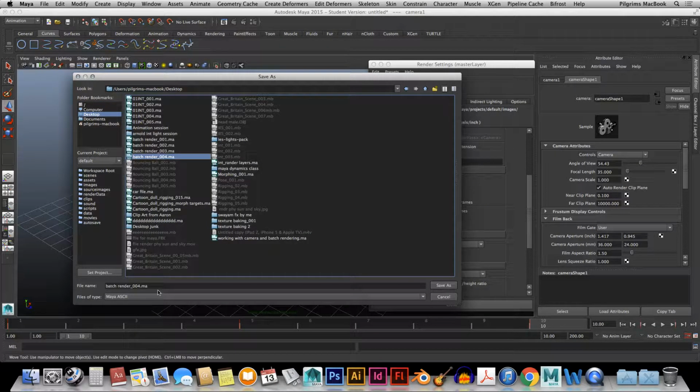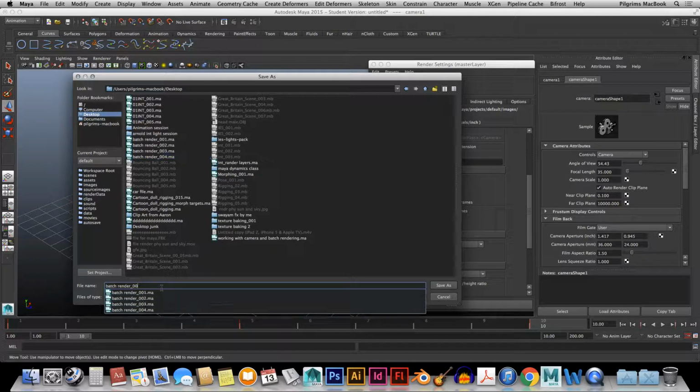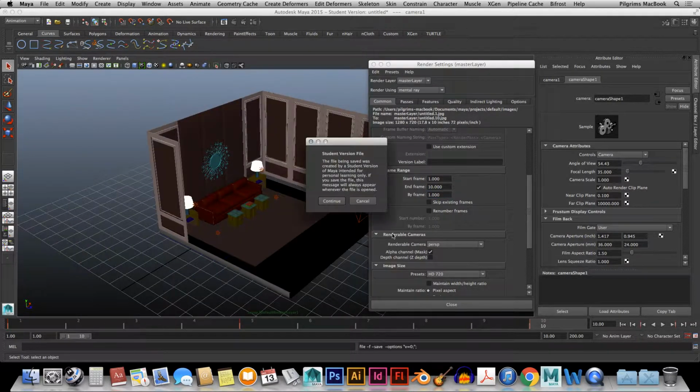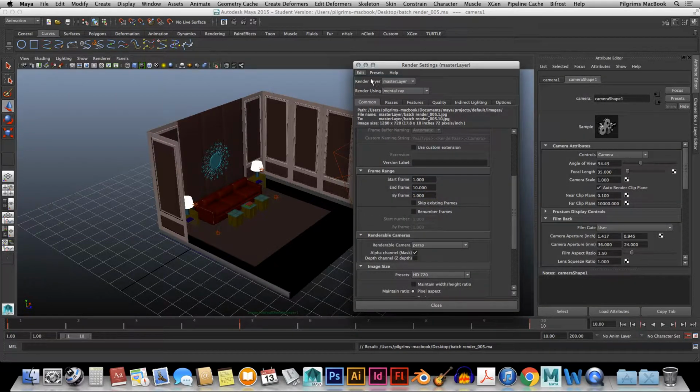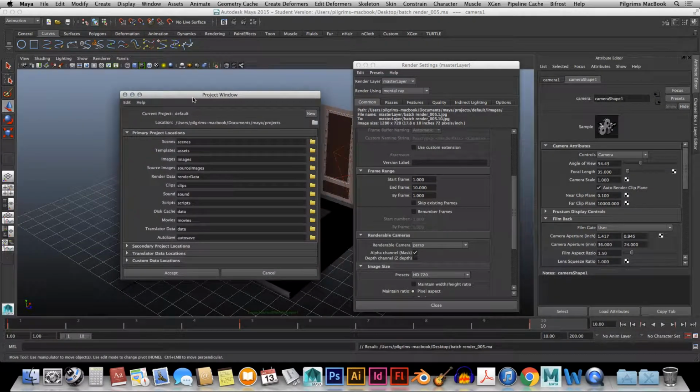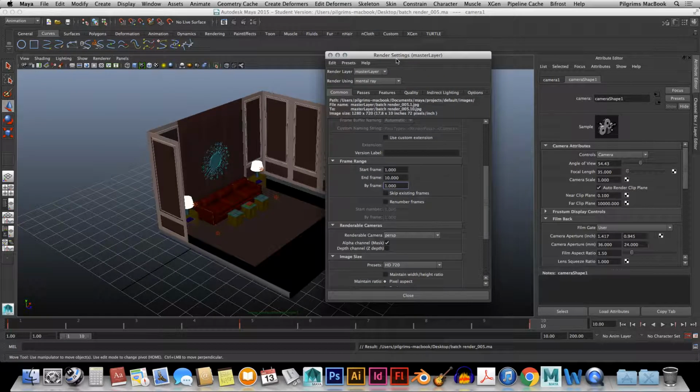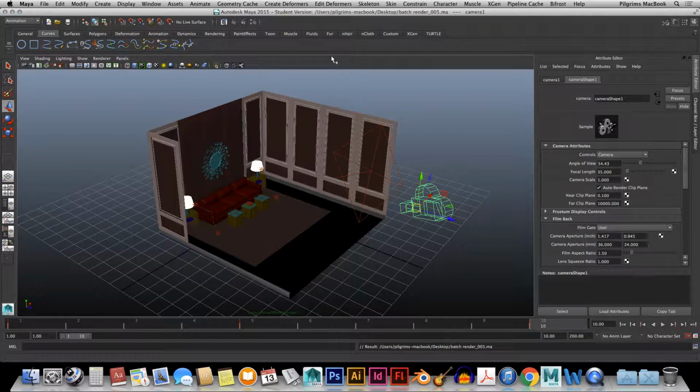So batch render underscore 005, and have saved in my ASCII. As you can see, starting frame would be 1, end frame would be 10, by frame 1. Okay, fine. The directory is in edit, change project. Here you have the project window. By default it is taking. Okay, fine, you can change it. Okay, I will just off this, and now I will just off this panel. And now the main thing is that